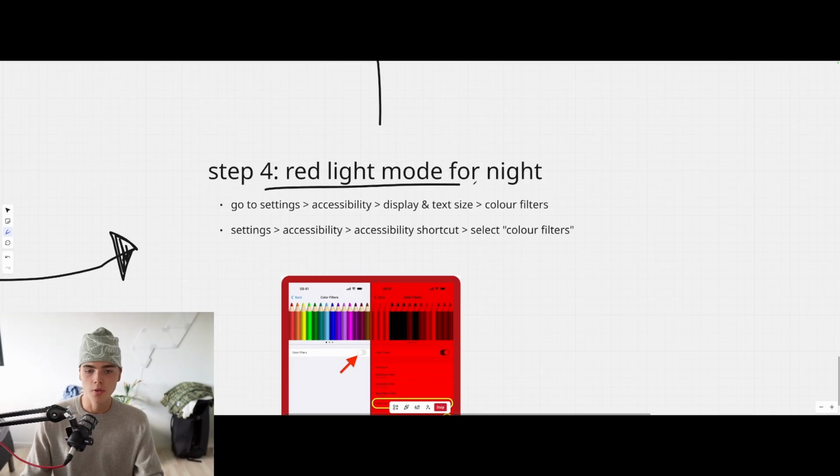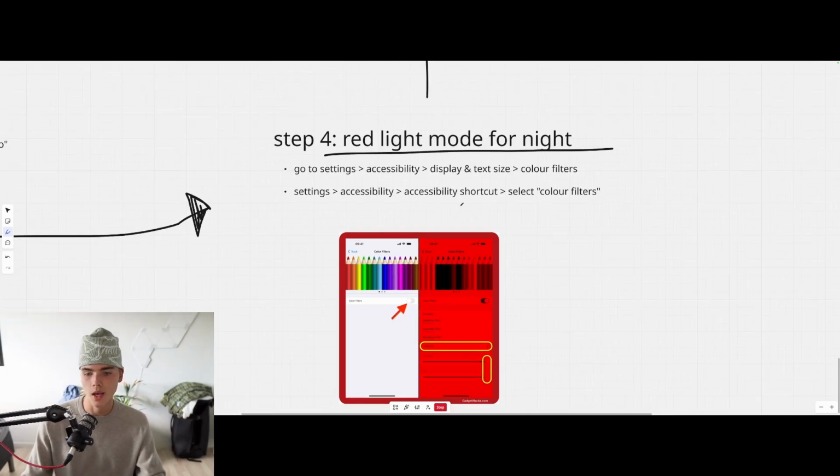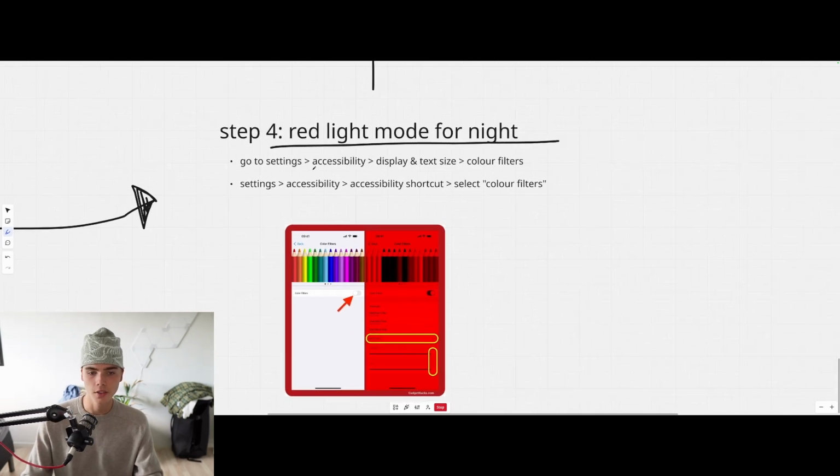Step number 4, put on red light mode at night. If you absolutely have to use your phone at night, I'd recommend not using your phone at night. I'm gonna talk about that in a second. But if you absolutely have to, for work purposes, whatever, go into settings, accessibility, display and text size,